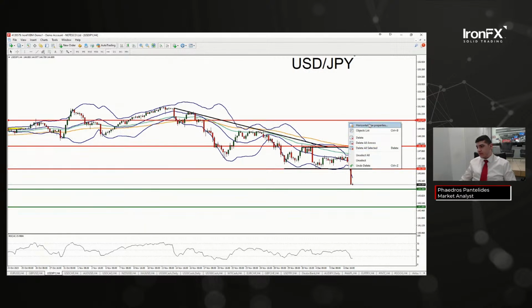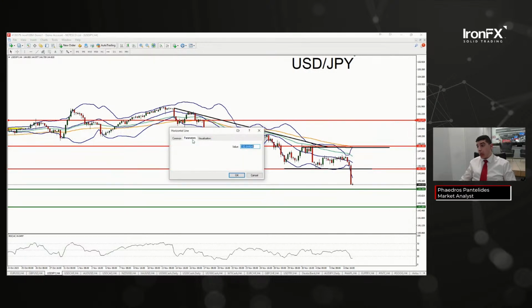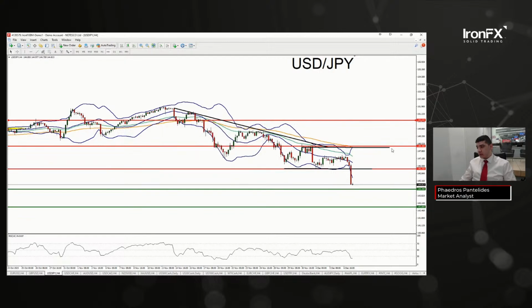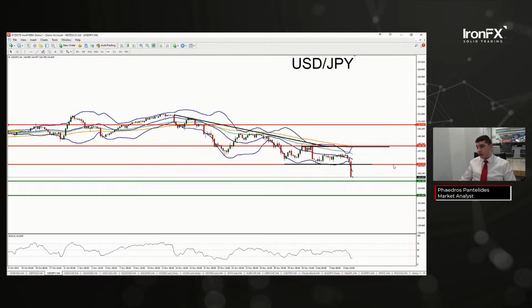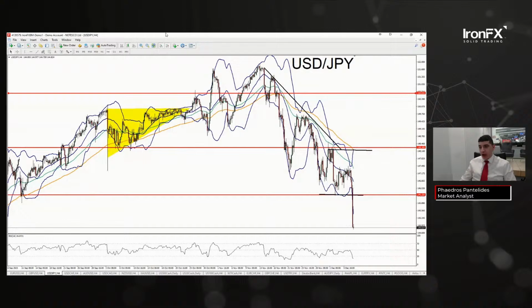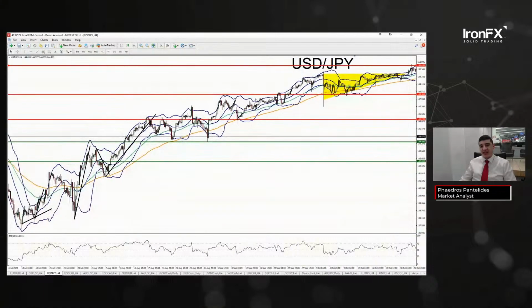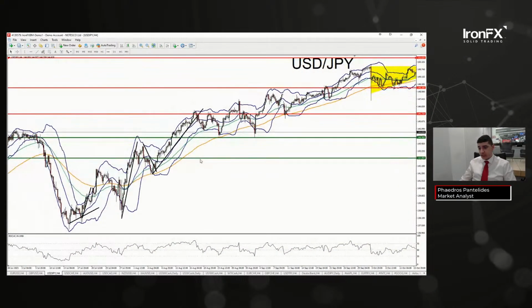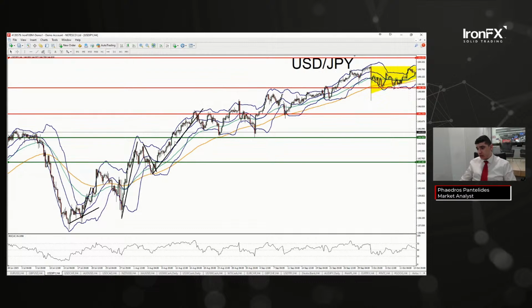Well, simply put, it's close to R2, and given this significant move, it may be prudent to allow some distance between our support and resistance levels. So you can see it had broken below our support level, which is now resistance, and it's currently aiming for S1 at 144.40. Now, based on this move, perhaps we should place S2 slightly lower in order to adjust for this significant development. So slightly lower,